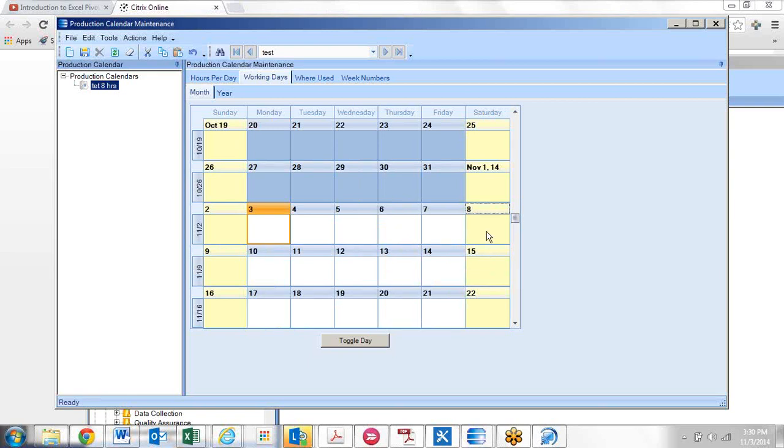However, if you realize that you're behind and you're going to work the next 4 or 5 Saturdays, then you should come in here and say that the 8th I'm going to toggle and make it a work day, and we're going to work on the 15th, and we're going to work on the 22nd, and so on. Okay? But if you're just working a single Saturday,